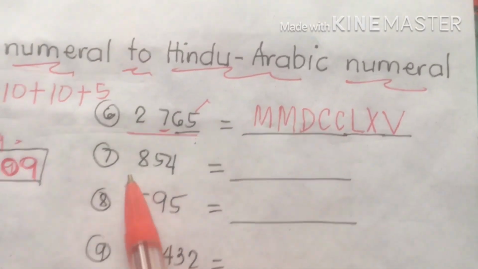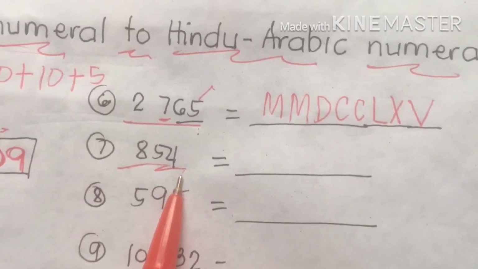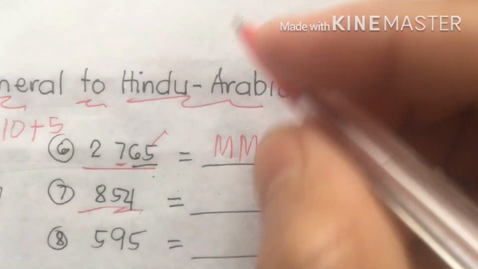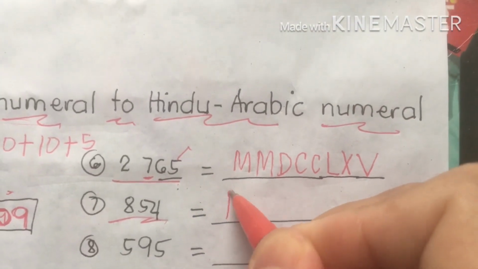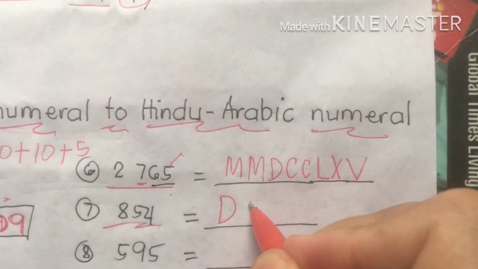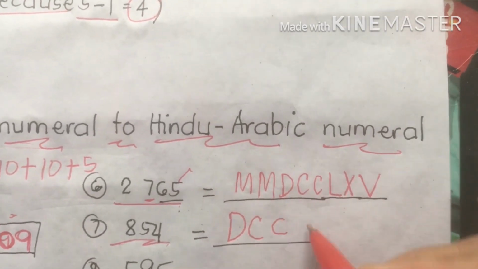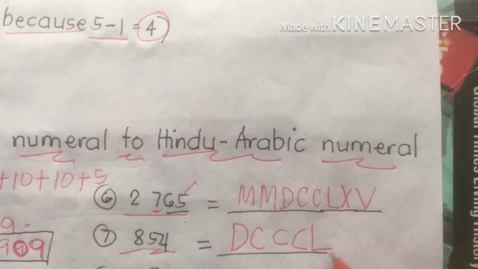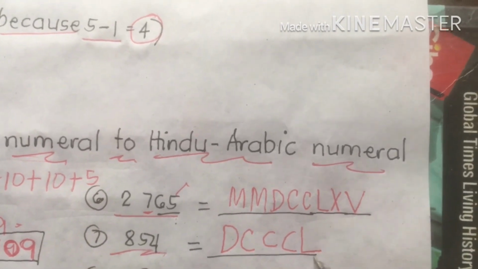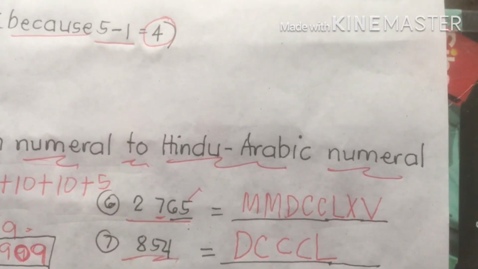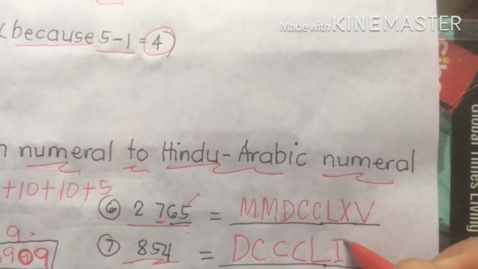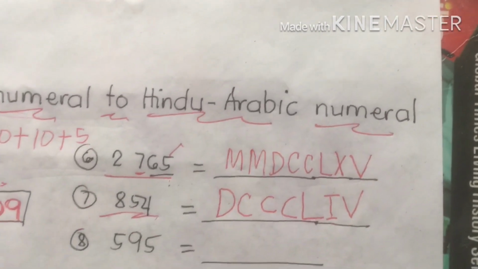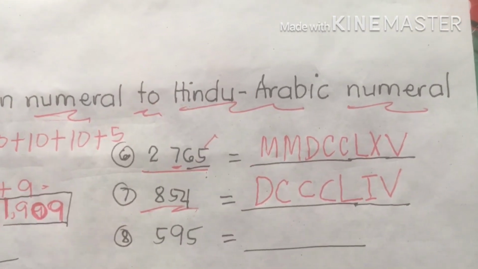Next is 854. Okay, for 854, guys, we're going to write D. This is 500. C is 100. 600, 700, 800. Then L is 50. Then 4. You can write I and V. That is 854. Next, number 8, guys,